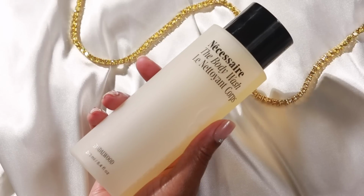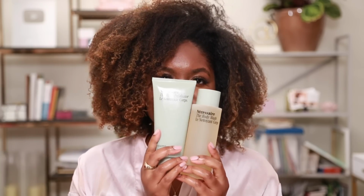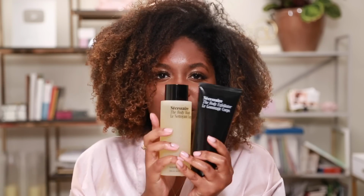Again, the body wash comes in 3: Sandalwood, my number 1, Eucalyptus, and fragrance free. So fragrance free is super important if you have skin sensitivities like eczema, if you just are sensitive to essential oils, which is what Necessaire uses as a fragrance. And they're color coded, which I think is just so cute. So if you give them as a gift, you can just match them up and they're all cute and matchy-matchy. The black one is just sexy, you know, because black is just